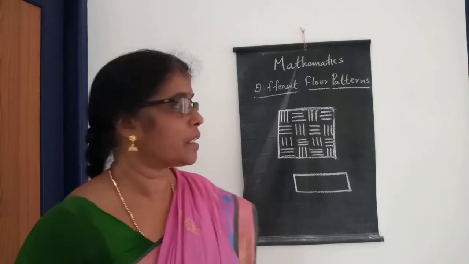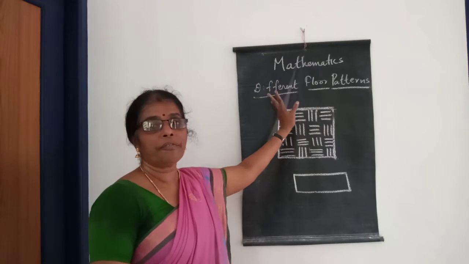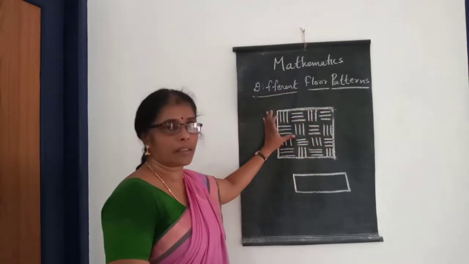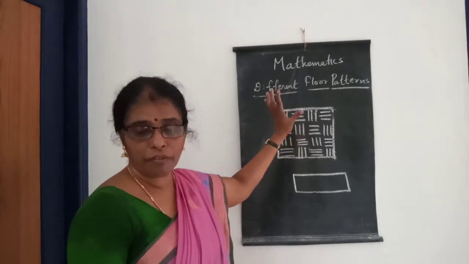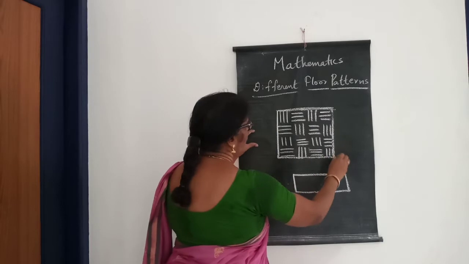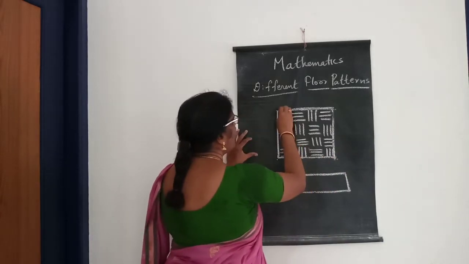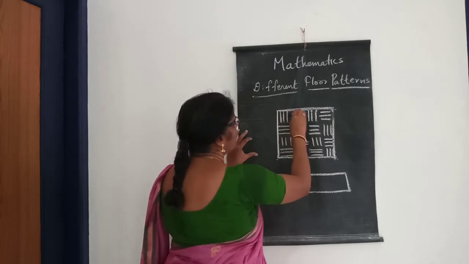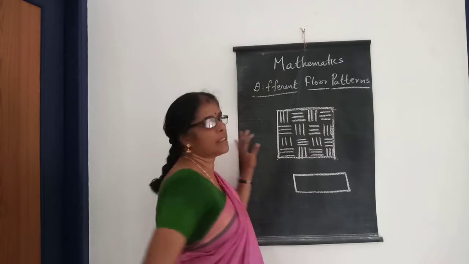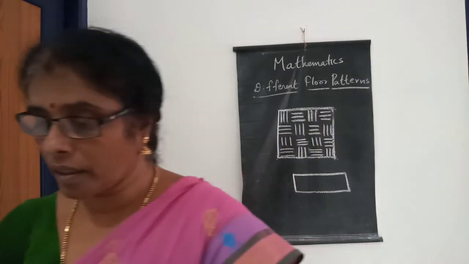And next, I am going to take a different floor pattern. This is one type of floor pattern that we can easily draw. Then we can draw one square. Square means all sides are equal. And we can draw 3 like this, 3 like this and 3 like this, and you can draw such a type of brick pattern and take it here.